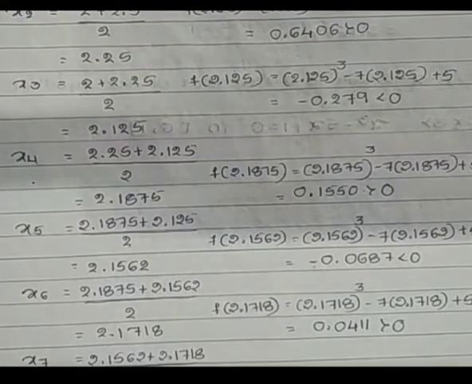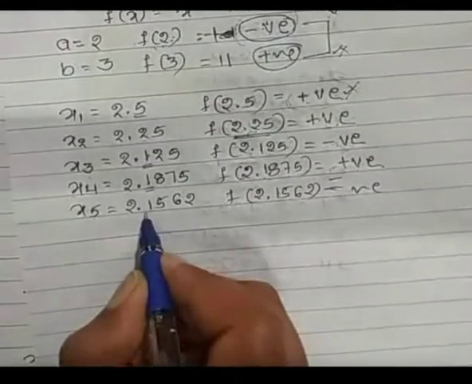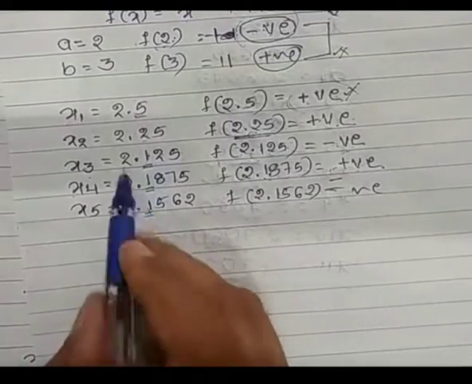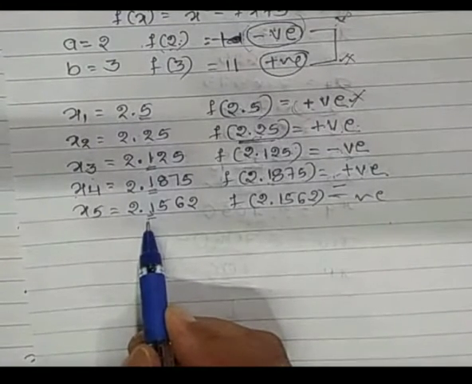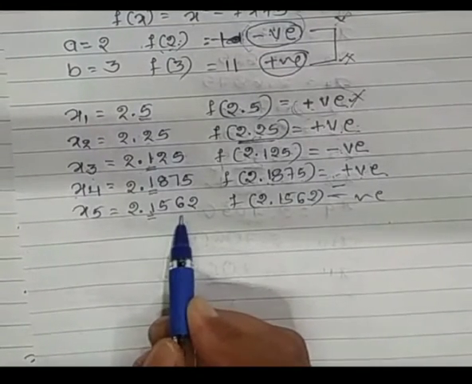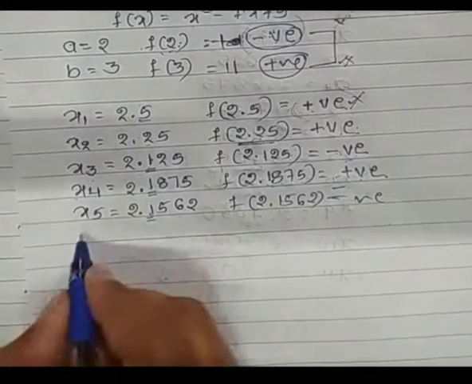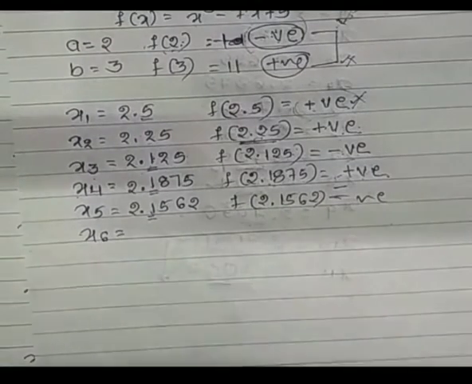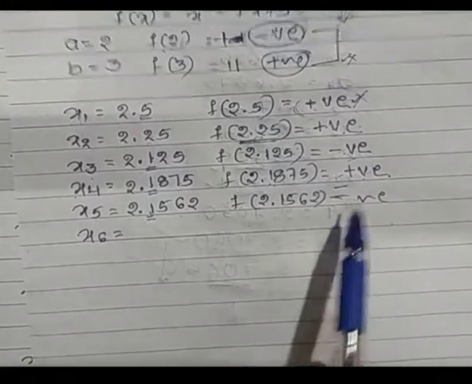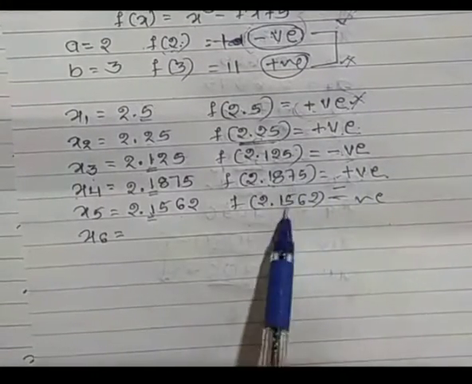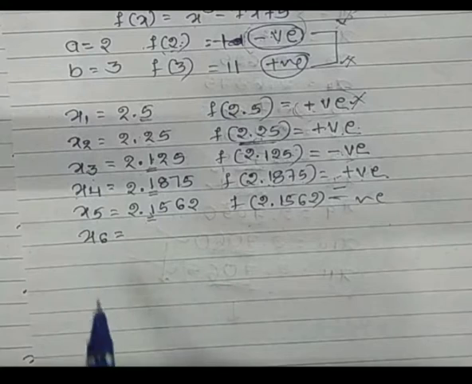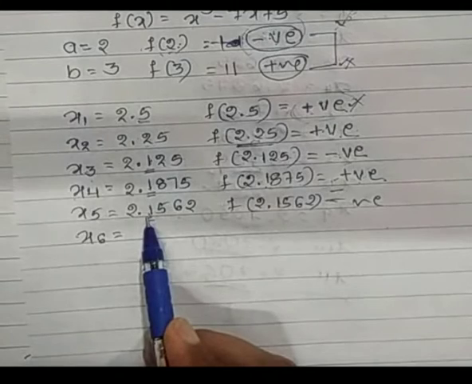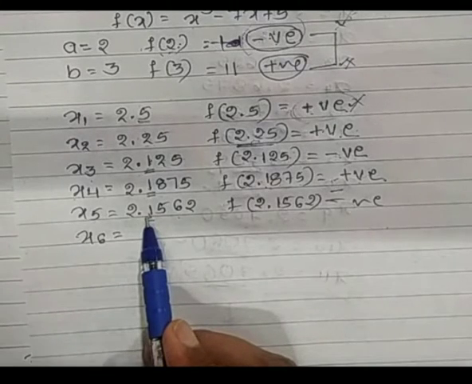Next, still you can observe only the first decimal points are the same: 2.1, 2.1, 2.1. Only the first decimal value is the same. Still the remaining two decimal values we have to make similar. So go for x6. It continues in the same way: taking one positive and one negative value's answer and dividing by 2, going x1, x2, x3, x4, x5, x6 and so on, the remaining values will become the same. Only one decimal is the same now. So further we need to continue that.